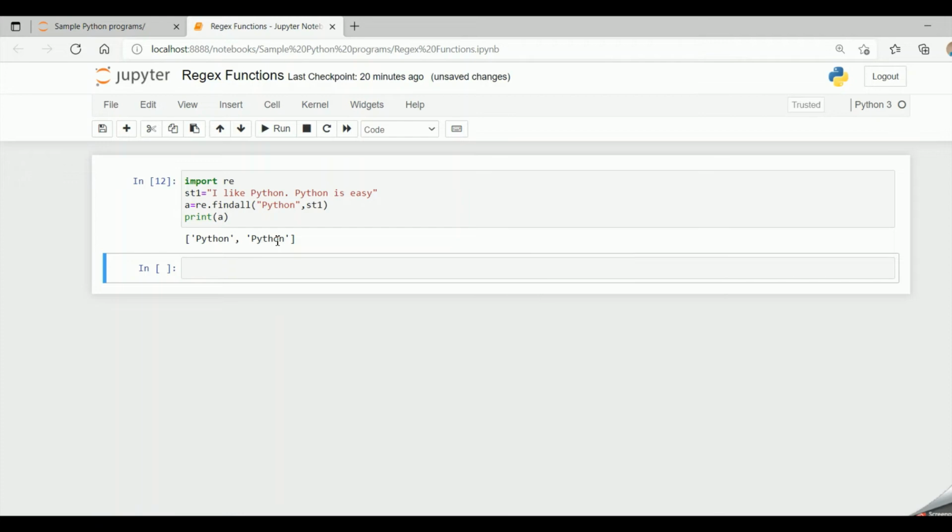Wherever it is matching, it will return the match in list format. And now if I say Java over here, then it will give an empty list, because Java is not found anywhere in the string. So findall searches all the occurrences in the string where the pattern is matching.